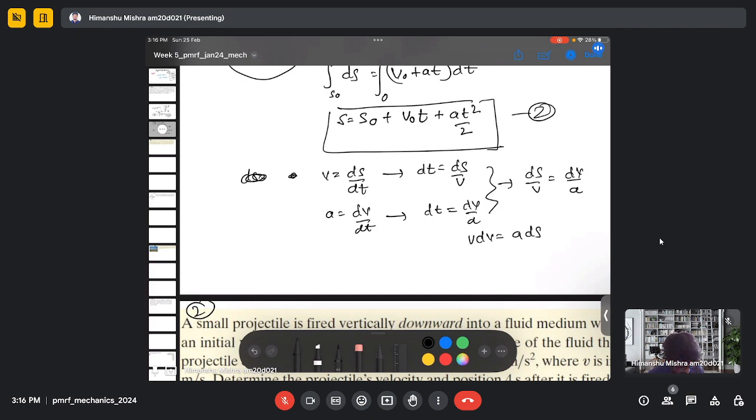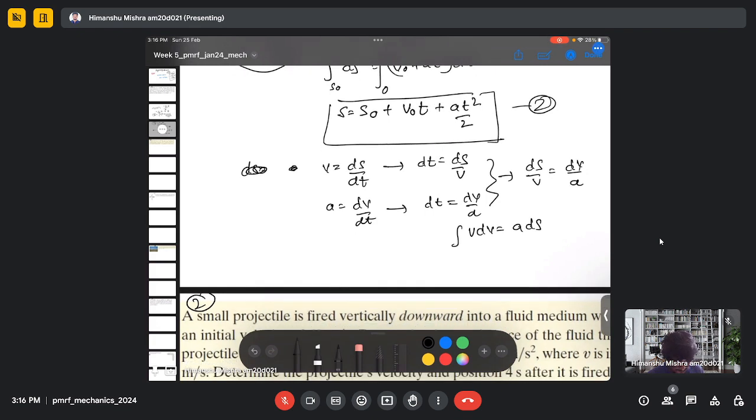Now when we integrate this quantity, we can get v square equals v naught square plus 2as, and if you integrate from s naught, let's say, you will get s minus s naught. So these are the three identities which are valid only when the acceleration